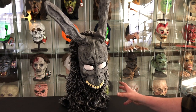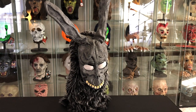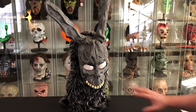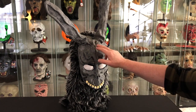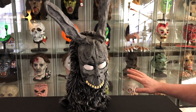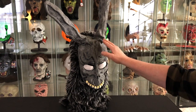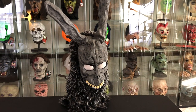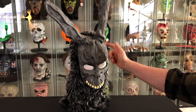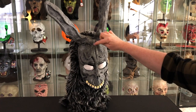I don't know when this mask was made. It might have been in the later years when the quality was sort of known to be not so great or rushed. But this mask had, unfortunately, inside this forehead right here, glue from gluing those pads underneath where the ears are had gotten on this section of the mask in the middle here. And I don't know if it had dried first and then stuck together, or if it was still wet when they packed it, but there was a very big pinch that went all the way through here, and